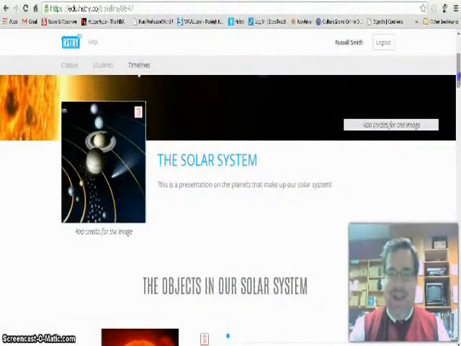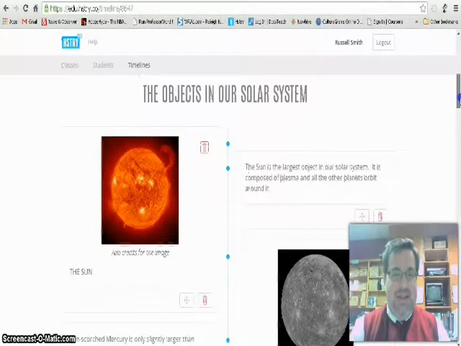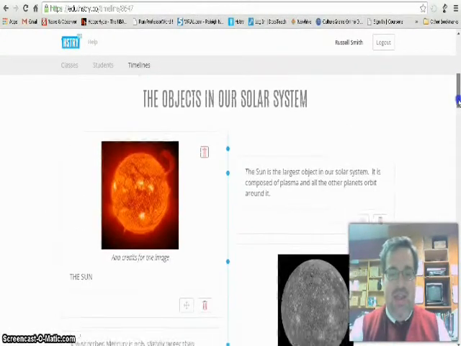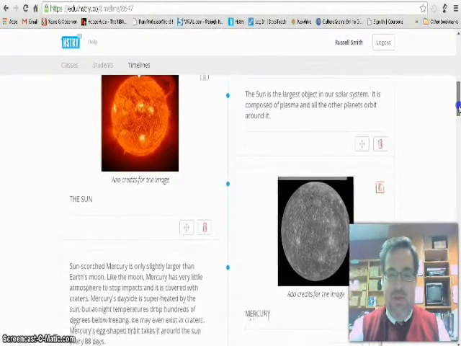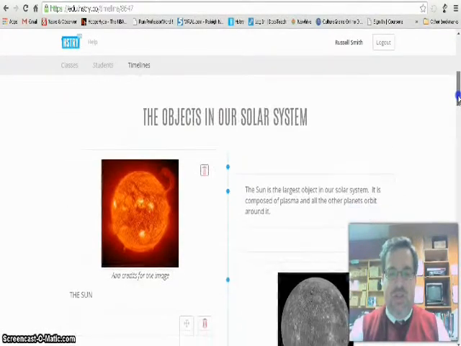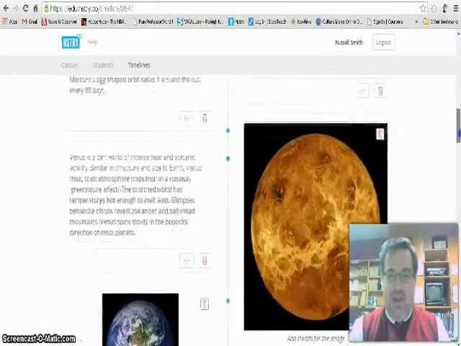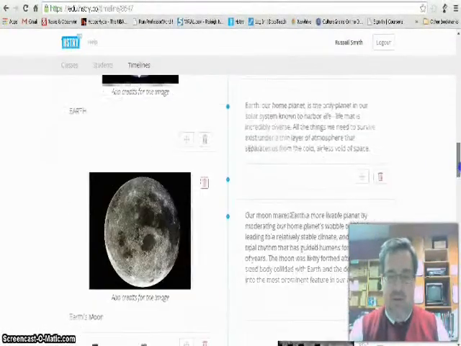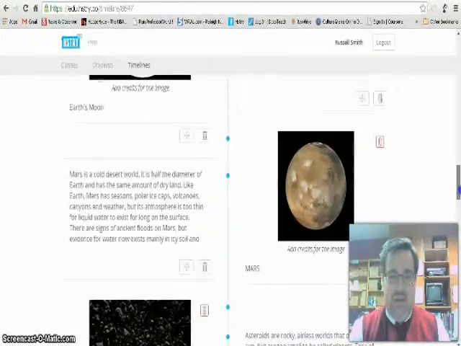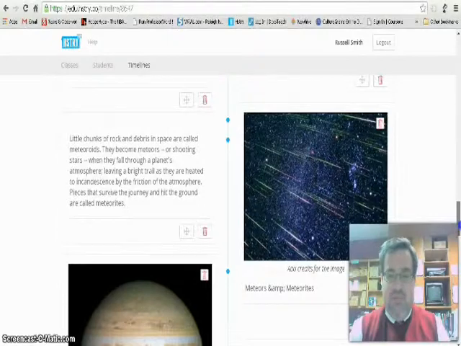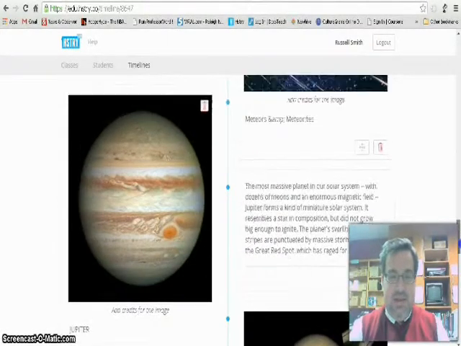Okay, I am back, and what I've done in the hiatus in the recording of this video is I have added all the text and the pictures for all the different objects in the solar system that I wanted to add, including the Sun, Mercury, Venus, Earth and Moon, Mars, asteroids, meteors and meteorites, Jupiter,